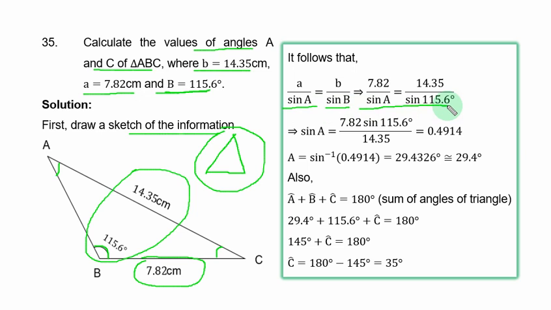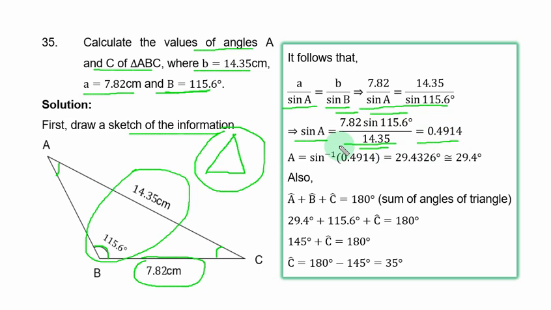If you cross multiply and make sine A the subject, you have it in this form. You share the value of this angle under sine, multiply by 7.82, divide by 14.35, you have